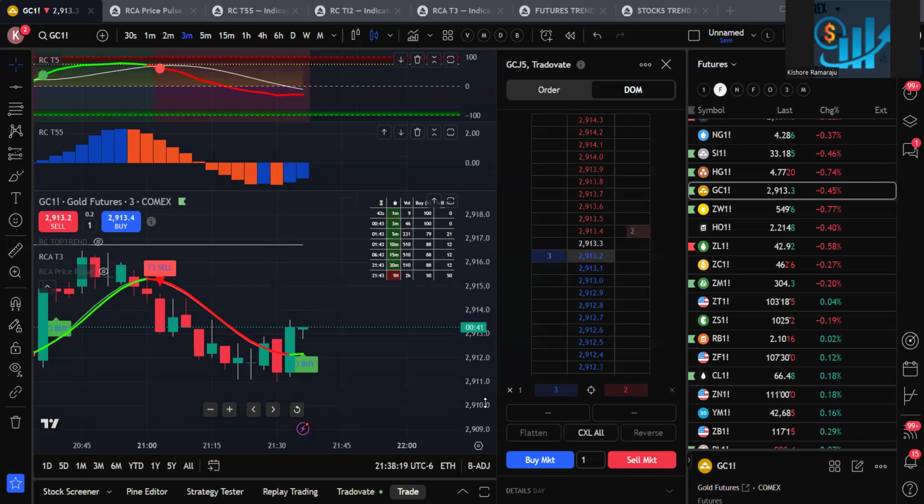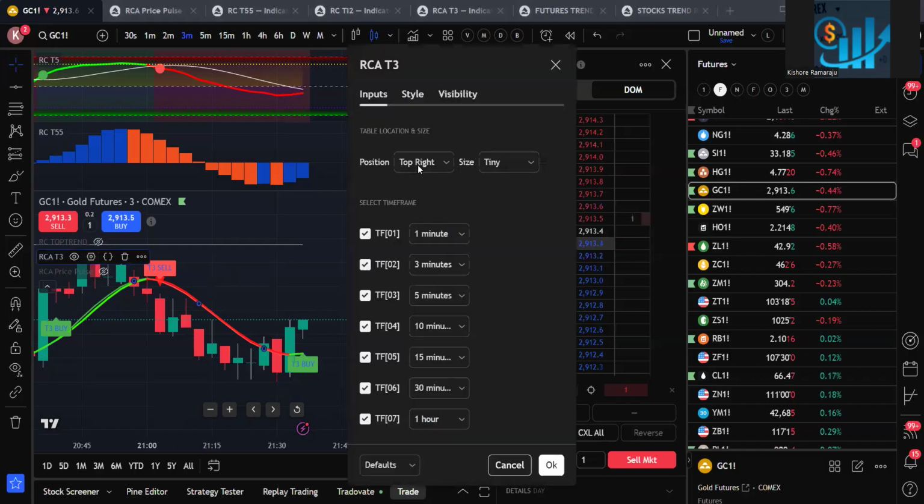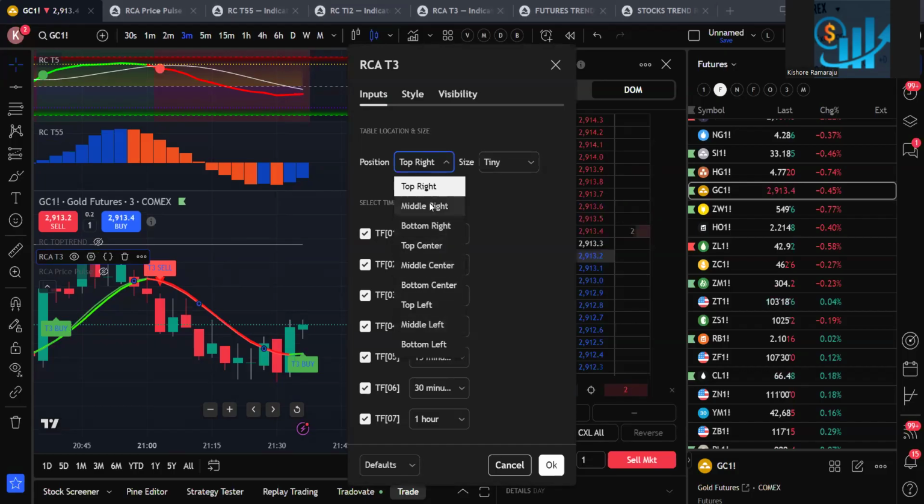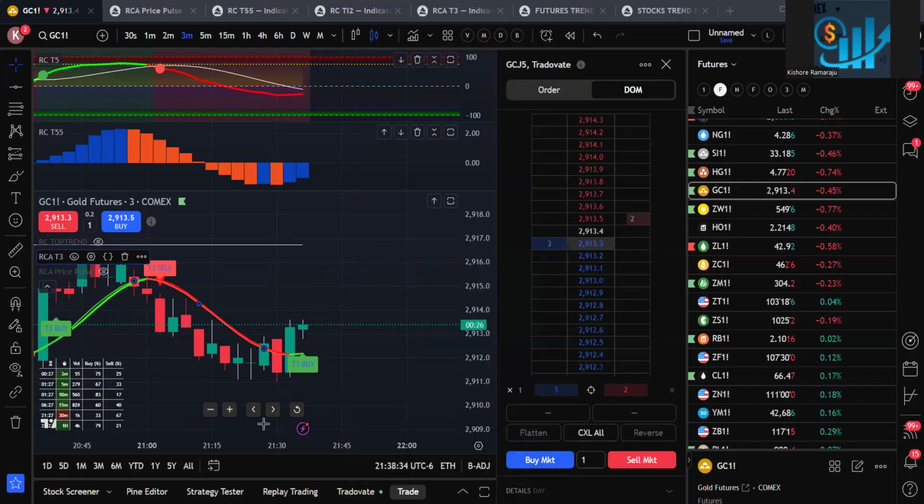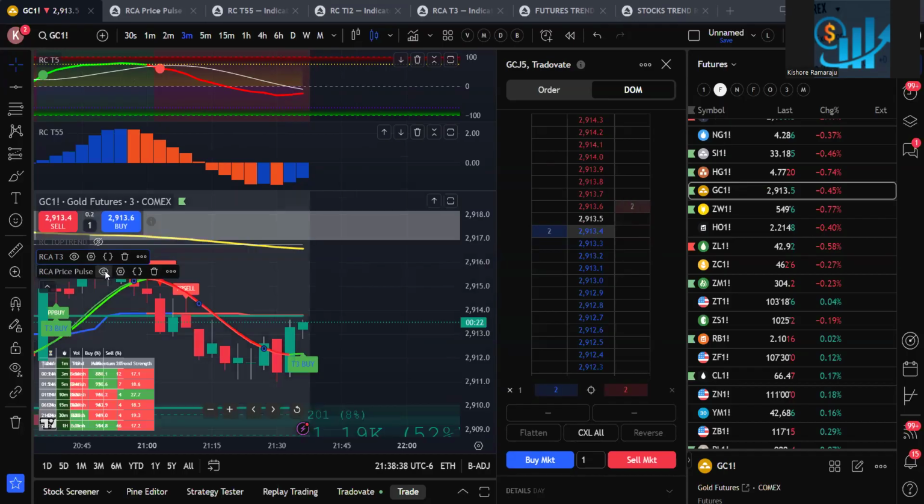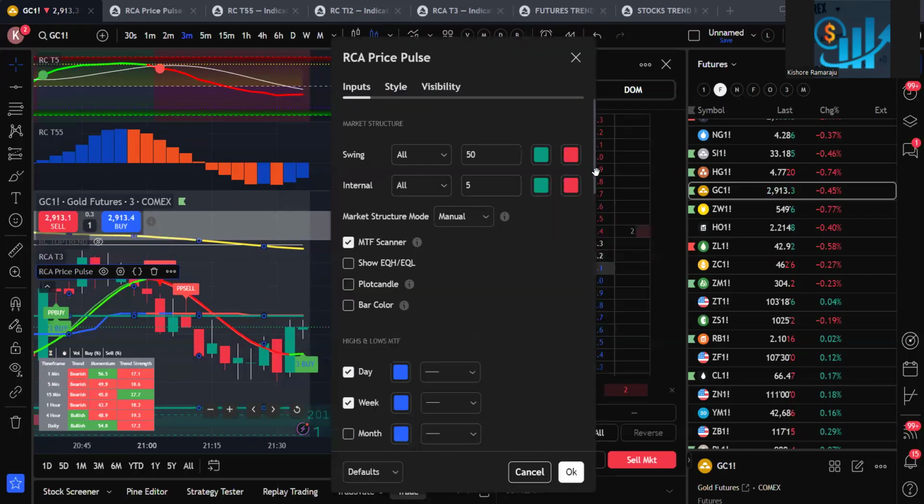If you want to move it, then you just go here, and here in the position you can say wherever you want, bottom left. Then it will go here, because if you want price pulse to change it to